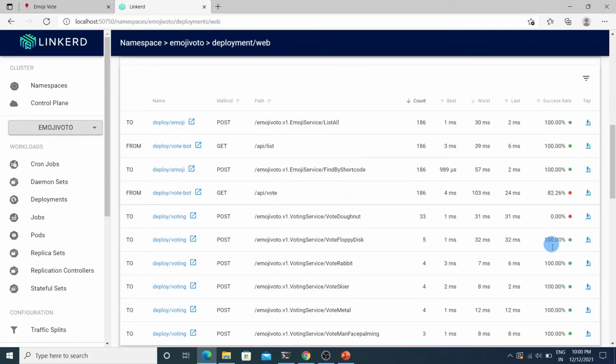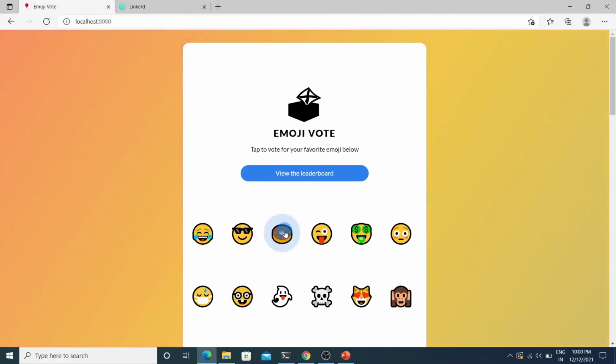If you see the success rate column, you see here there are 2 of them which are not having 100% success rate, and one of them is the vote donut API. So this indicates that clicking the donut button is invoking this vote donut API, and that is not working. So let's verify using the application. If we click on this donut emoji icon,